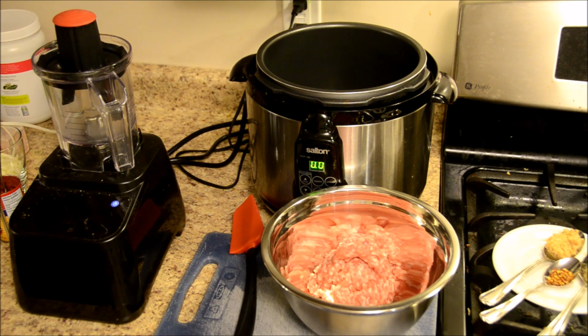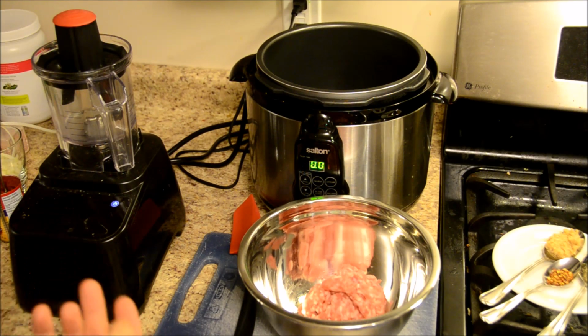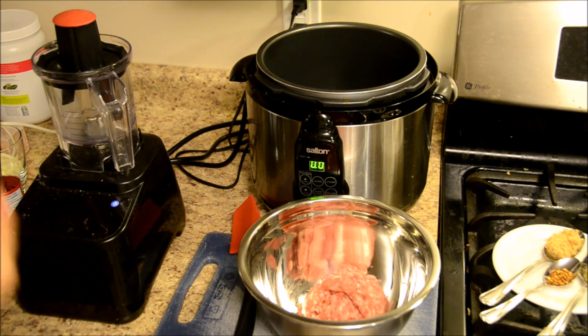Today I'm going to make meatballs, but rather than frozen meatballs, which are great because it's a nice quick meal, I'm going to do them from scratch. So I've got about a pound of ground meat. Today I'm actually going to do pork meatballs, which are actually quite nice in a lot of dishes because of